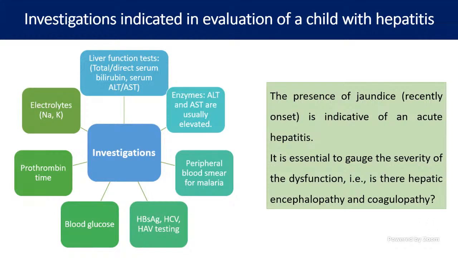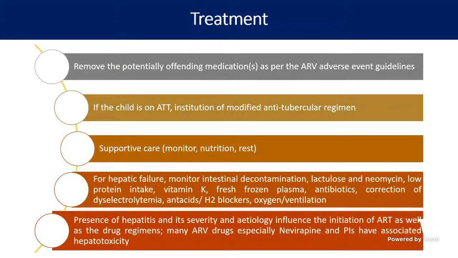With encephalopathy, we saw that the child may have an altered sleep pattern, becomes irritable, and will not eat. And coagulopathy means the child starts to bleed from different sites. The child may have anemia and thrombocytopenia, and may vomit blood. Hematemesis will be there, epistaxis will be there, melena is there, and frank hematochezia can also be there. Okay.